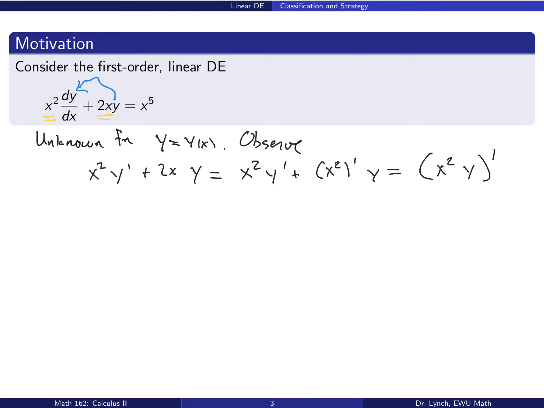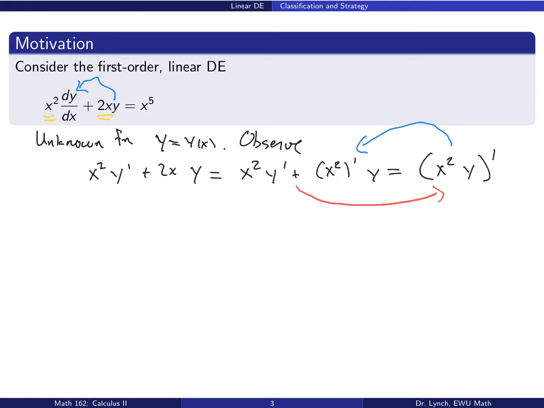Now, we're pretty accustomed to going this way with the product rule, and it turns out to solve these linear differential equations, we're going to undo our product rule instead to write a product rule as the derivative of a